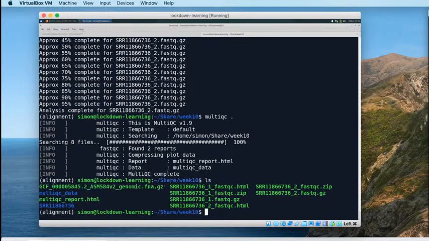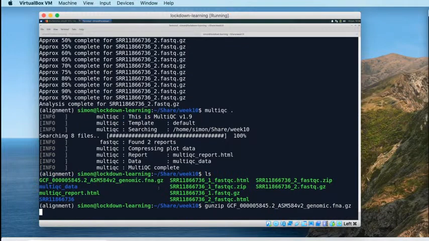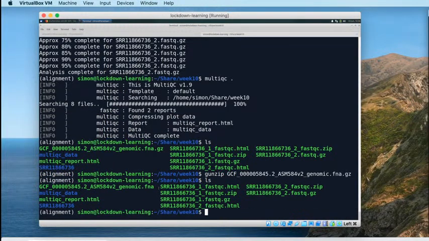I just want to be absolutely sure that this is going to work first time. At the moment, this is compressed using gzip compression. I'm going to uncompress it just to make sure that Bowtie2 can read it. So I'm going to use the Linux program gunzip to undo the gzip compression on our genome file. That just takes one argument, which is the file which you want to uncompress. So we're going to uncompress our genome using gunzip, and you will see that that has changed our